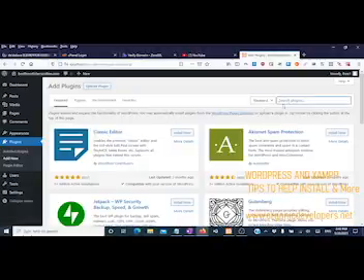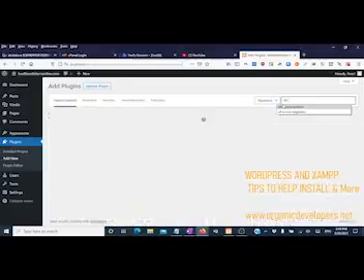First thing I'm going to look for, well, actually the first plugin that I highly suggest is probably the most important. It's called All-in-One WP Migration. So let's do that one first. It's called All in